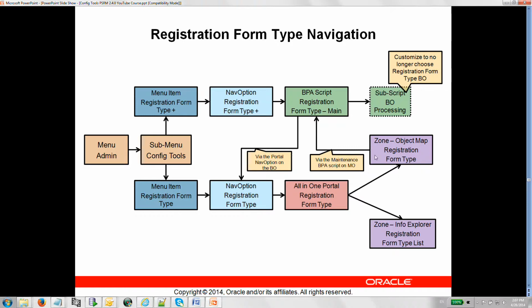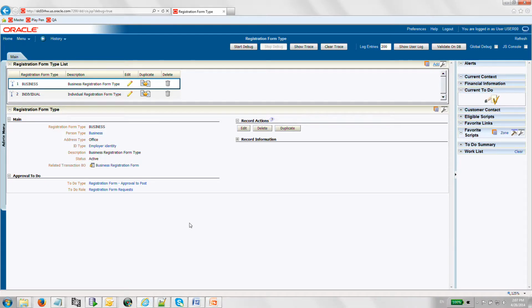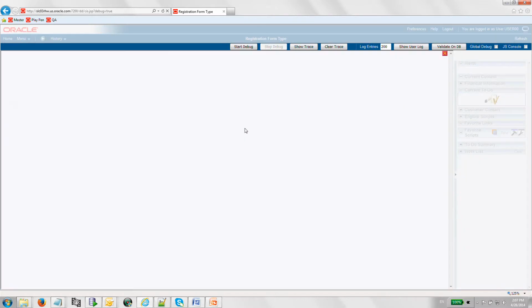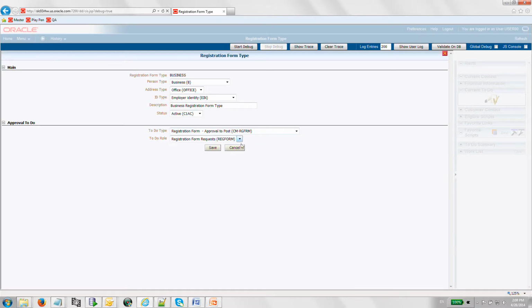The zones, which is an all-in-one portal with 2 zones, and we can also, within the zone, come back and bring up the BPA script. How does that happen? Well, let's say I'm on this particular zone here, I click edit. I am now bringing up the BPA script, and the edit brings up the script, and the way it does so,